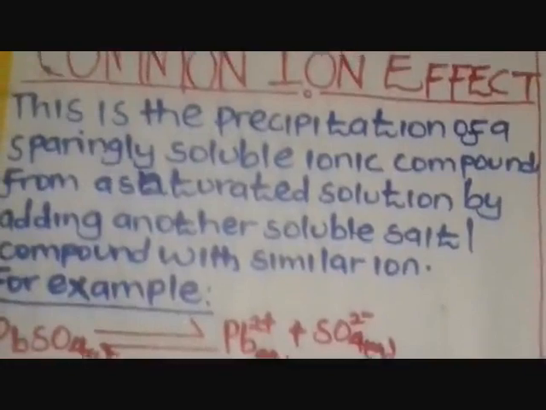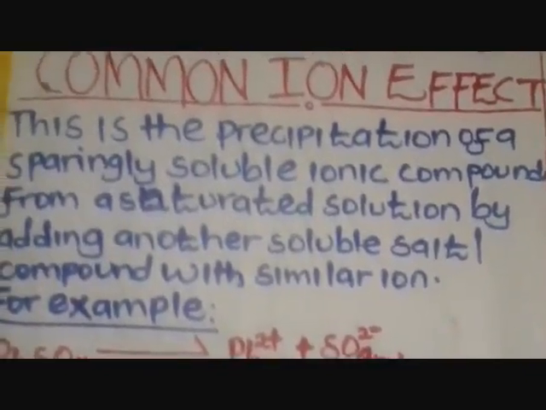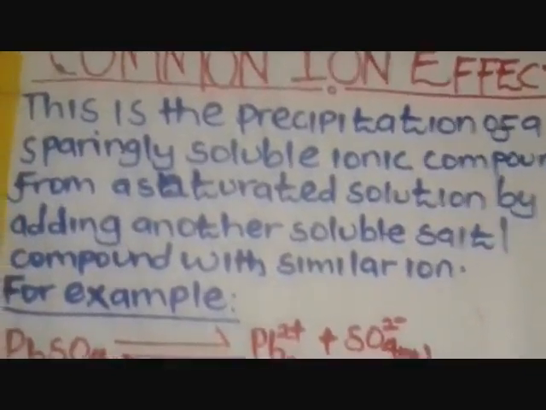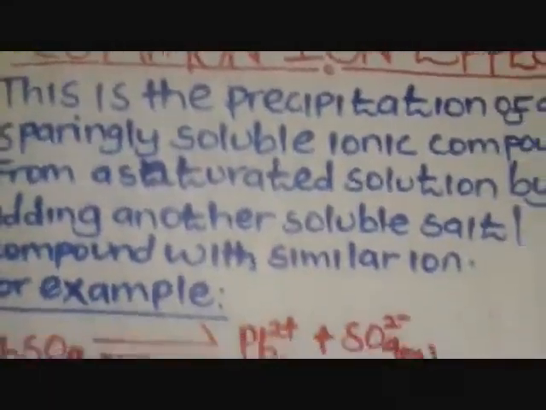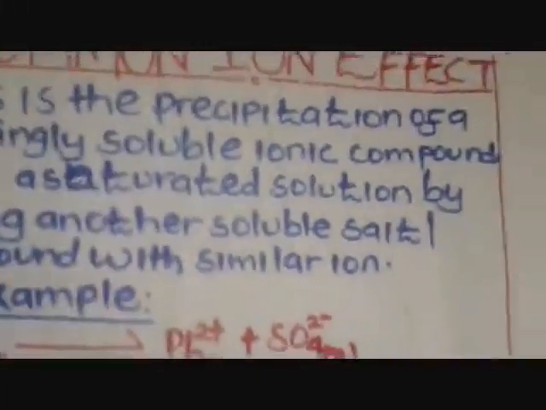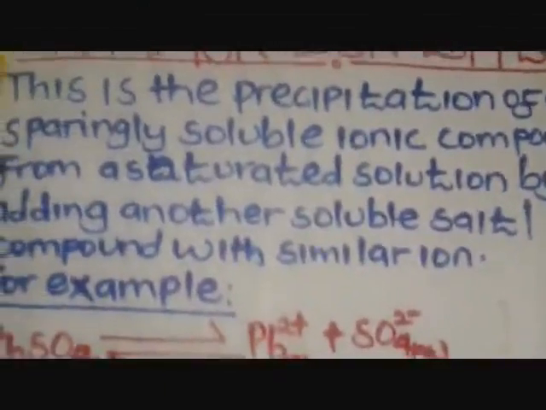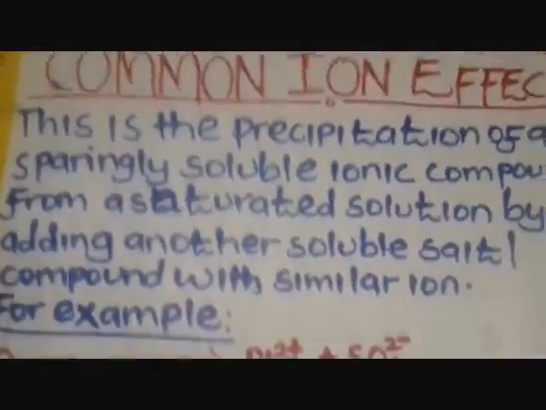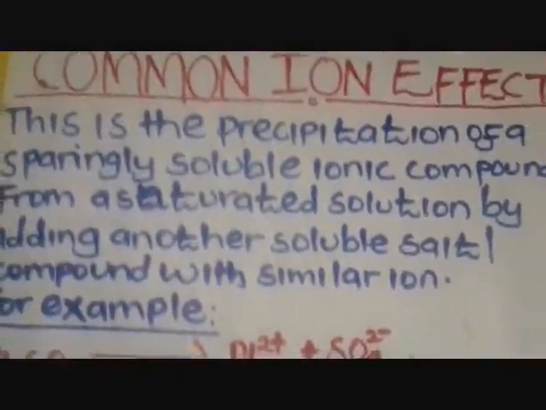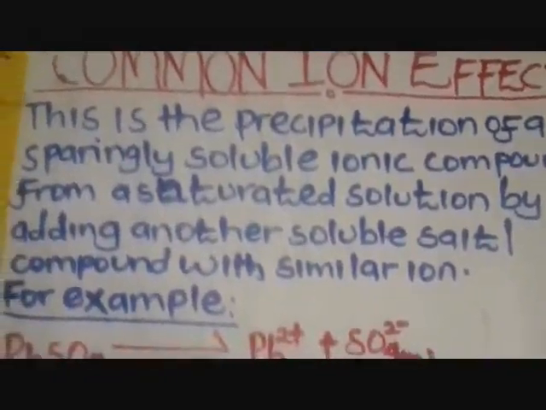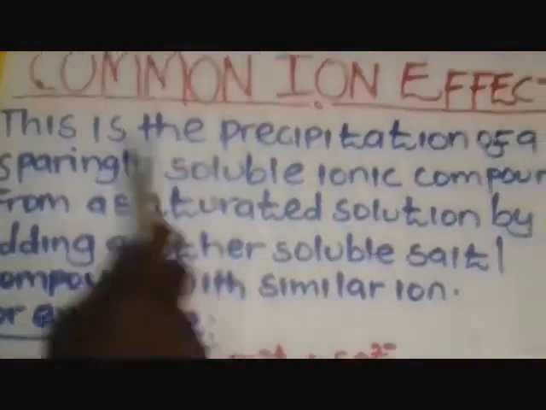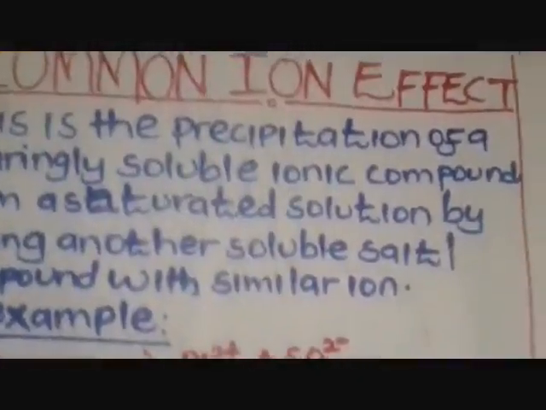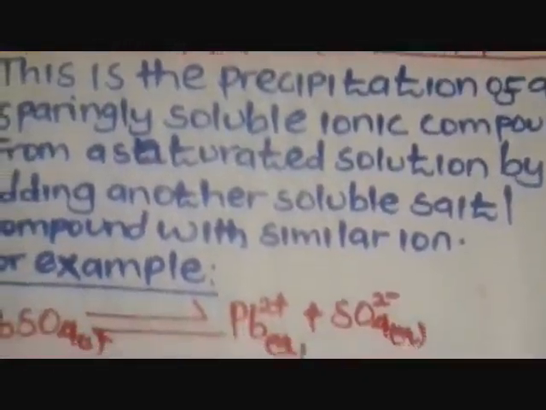So, members, we are back with our chemistry, and now we are still continuing with what we call ionic equilibrium. Today my idea is going to be on what we call the common ion effect. This one sits under the factors affecting the solubility of sparingly soluble salts. We have other factors, but my idea today will be on the common ion effect. And now we want to do some calculations concerning that.